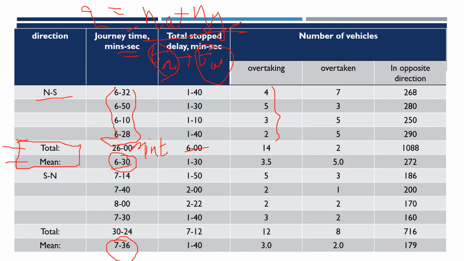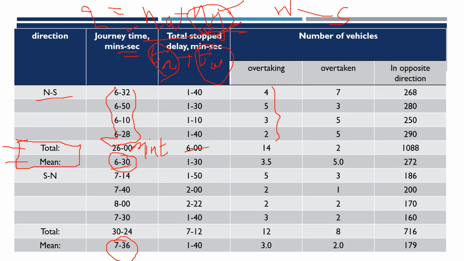Coming to the numerator part, NY and NA. NY corresponds to the number of vehicles observed when the moving vehicle was along the stream. That is, when the vehicle is traveling from north to south, how many vehicles overtook the test vehicle, and how many vehicles were overtaken by the test vehicle. We need to subtract these, and that is the value corresponding to NY.